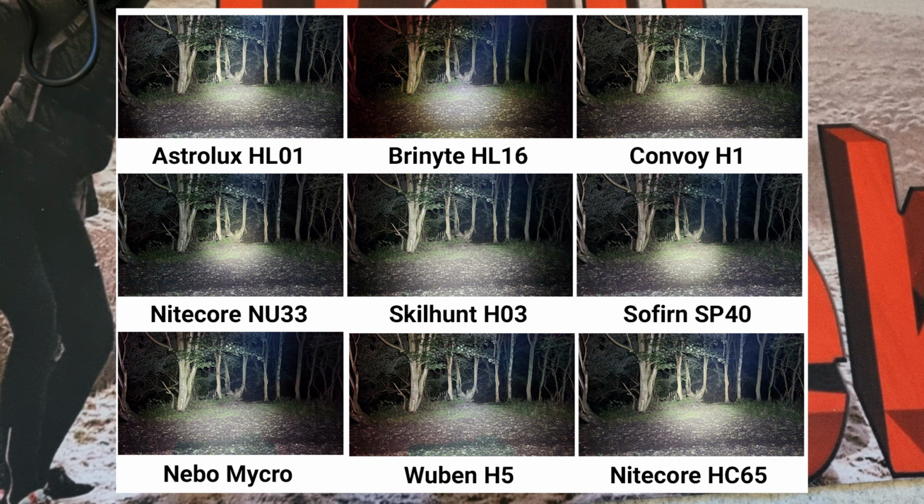But if you don't want a big heavy thing like the SB40, then you would go for the Nitecore. And bear in mind, the Nitecore has Type C, power delivery and all those goodies, which I prefer. Nebo Micro, you can see far left again, redness sneaking in there, can't you? Less periphery, but to be fair, that's outputting around 400 lumens, so you would expect that. No big punch in the middle. It's quite uniform, which is a good thing, especially for a headlamp, but it's not really meant for range, so